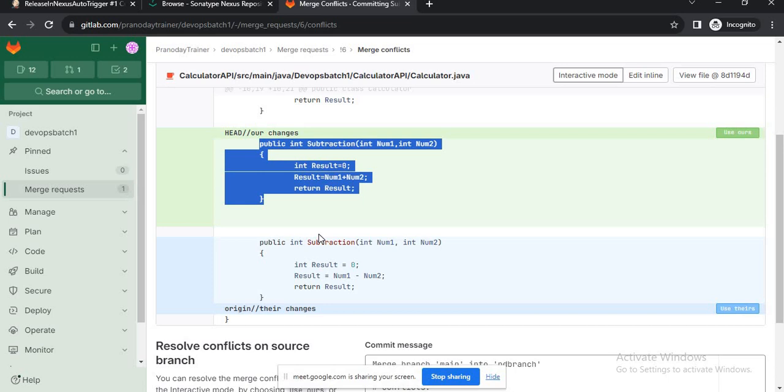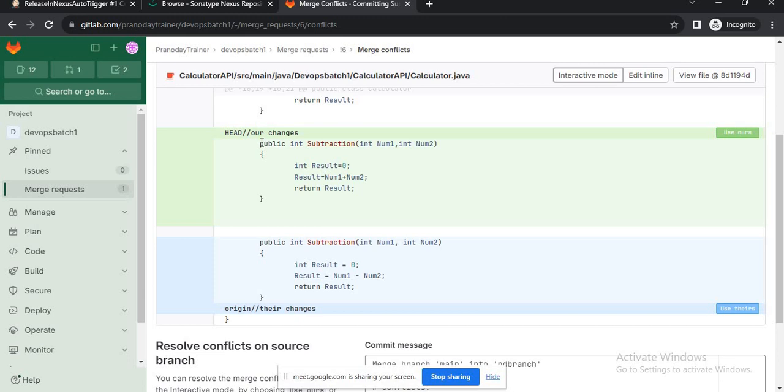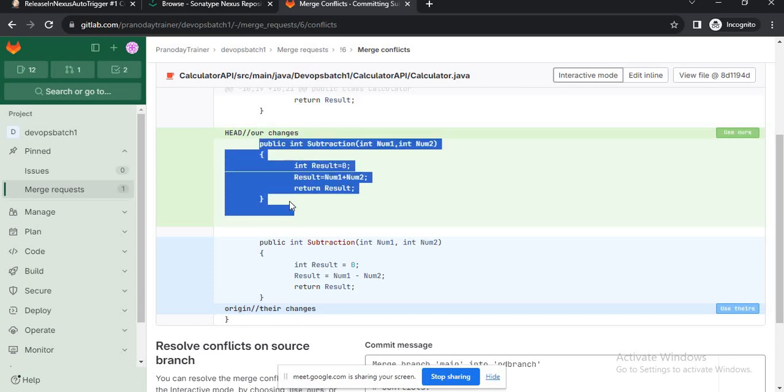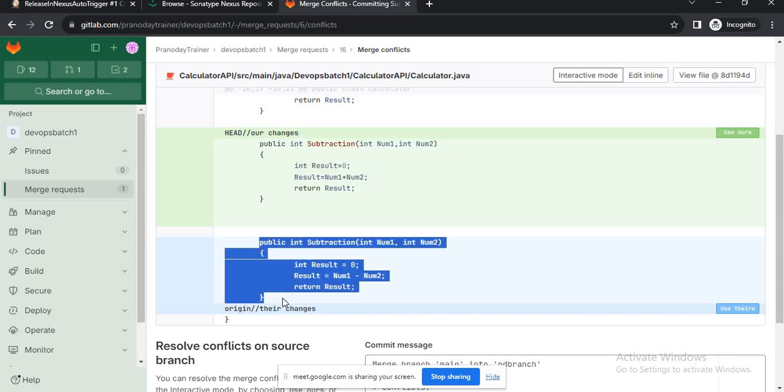So for the source and destination branch, if they have different contents for the same lines, it will tell us that there are conflicts. So it is exactly telling us the conflict, right? This is our change in the source branch, and there is a change in the destination branch. So which one do you want to keep?